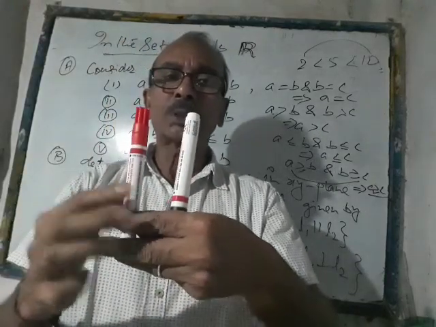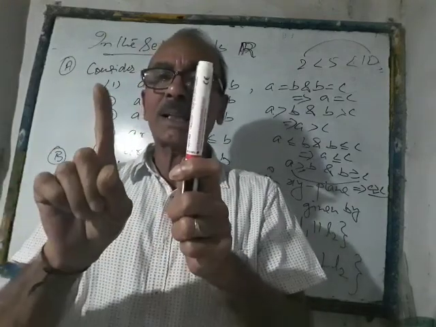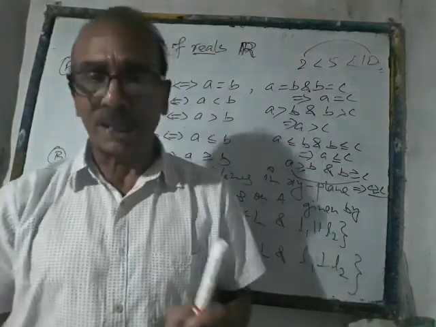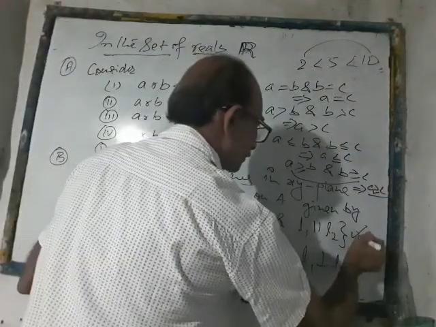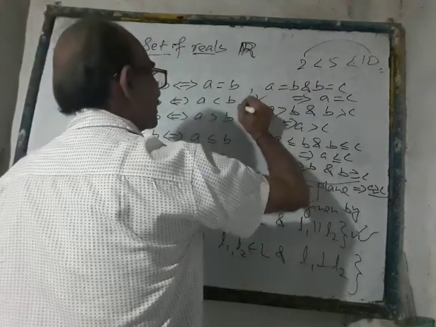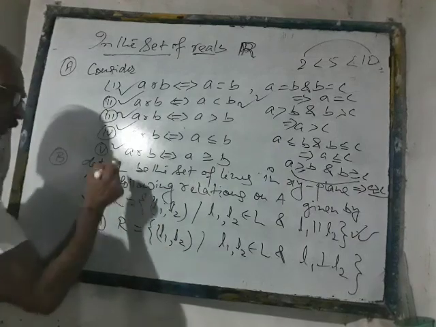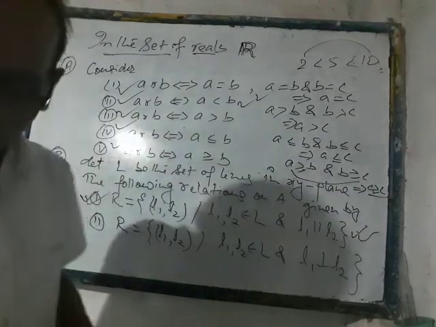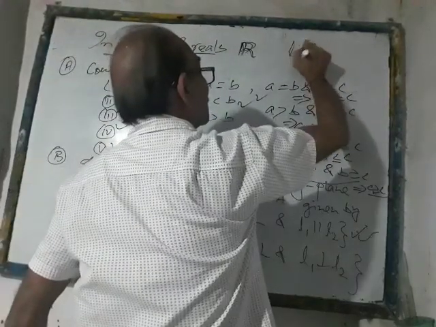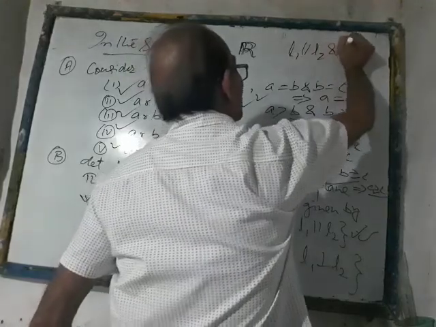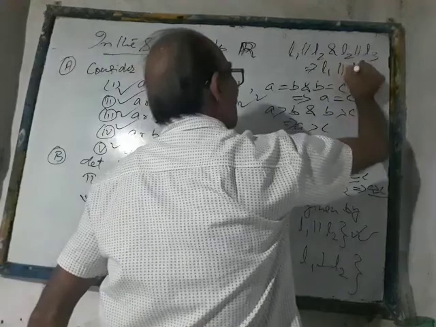Suppose these 2 lines are there, they are parallel. I just hold this one. A is parallel to B, one finger is there, and B is parallel to C. Naturally, what happens? What is the relation between A and C? They are parallel to each other. So this relation is also transitive. So all these relations are transitive, and this first relation is also transitive because L1 is parallel to L2 and L2 is parallel to L3. So what does this imply? That L1 is parallel to L3.